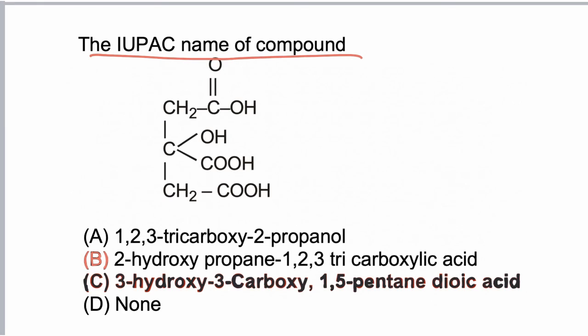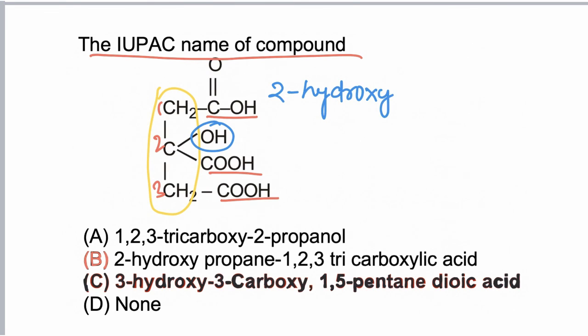The IUPAC name of the compound. So in this molecule, COOH functional group is present, principal functional group. Now, if more than 2 carbon containing functional groups are directly attached to ring, then their carbon is not included in main chain. So now in this case, main chain is of 3 carbon. So 1, 2 and 3. At second position, substituent hydroxy is present. So name of the molecule is 2-hydroxy. Now 3 carbon in main chain. So propane.